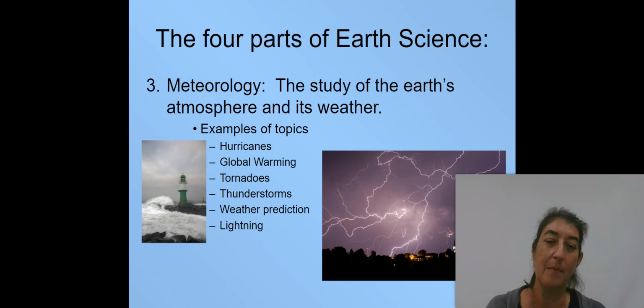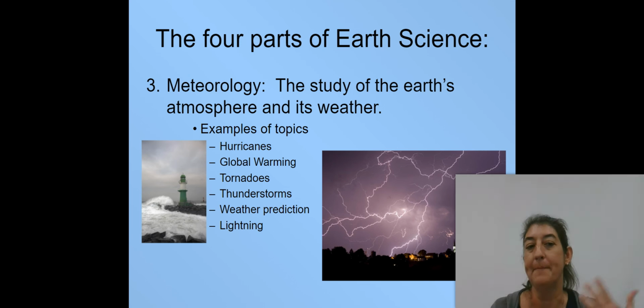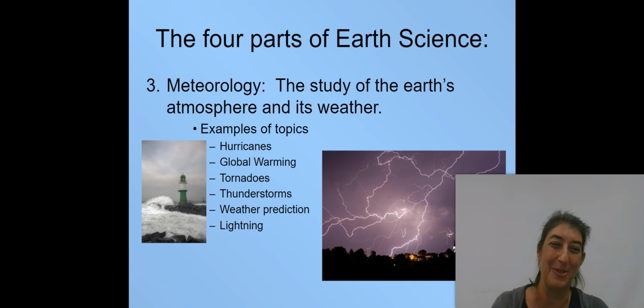In the spring, we'll hit our meteorology unit. This is the study of the Earth's atmosphere and its weather. We'll talk about tornadoes and thunderstorms a lot in the spring because those are the systems that impact us, helping students understand what causes those kinds of weather, what the warning signs are, how we can make sure that we're making good decisions about not only the clothes that we wear, but the activities that we choose to do given a particular weather forecast. About lightning safety, some of those kinds of things as well.